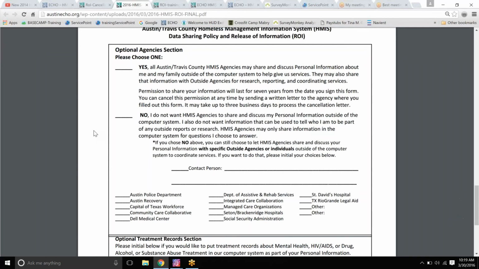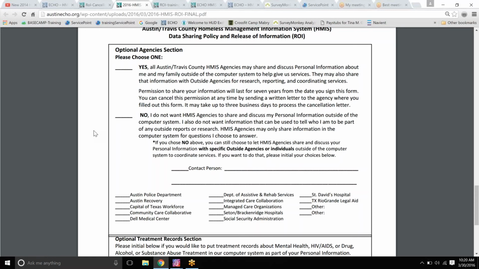So then moving to the no, you have the no, I do not want HMIS agencies to share and discuss my personal information outside of the computer system. I also do not want information that can be used to tell who I am to be part of any outside reports or research. HMIS agencies may only share information in the computer system for questions I chose to answer.